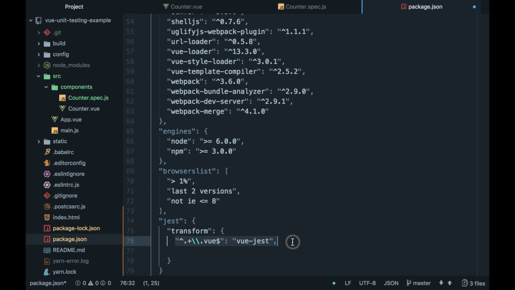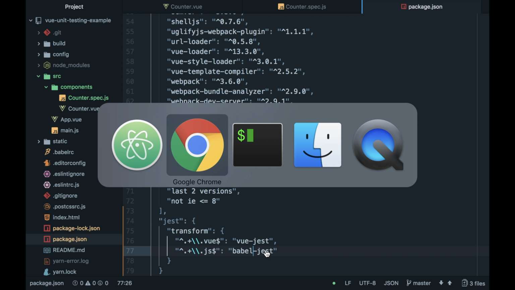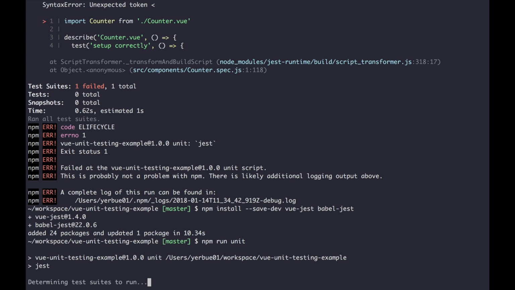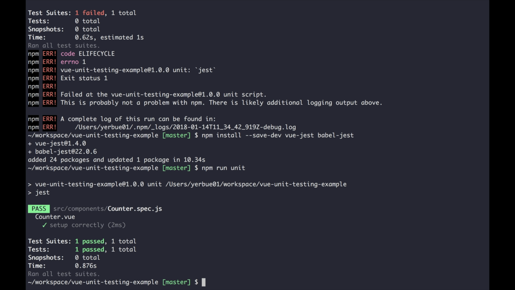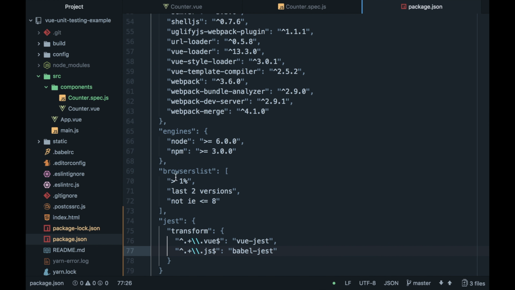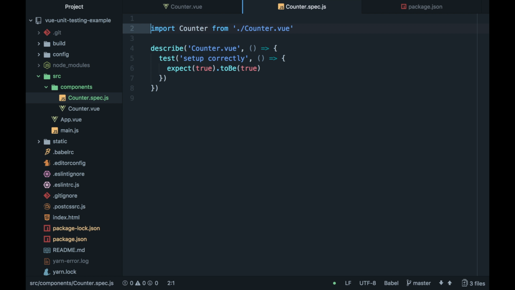And if we copy that, anything that matches a JavaScript extension should be passed to babel-jest. Now our unit test will pass. Great. Let's install vue-test-utils. vue-test-utils is a unit testing utility library that makes testing easier. The main method that it exports is the mount method, which takes a component, mounts it, and returns a wrapper